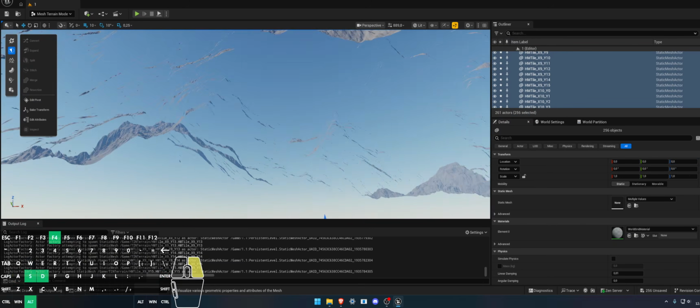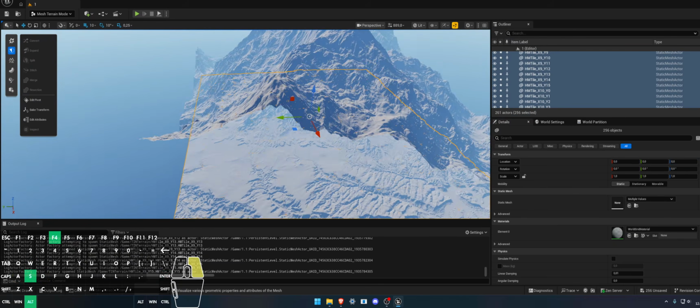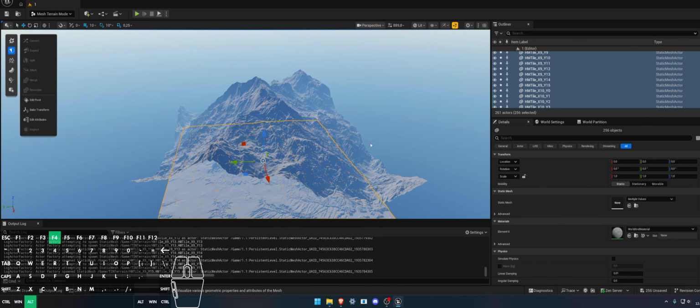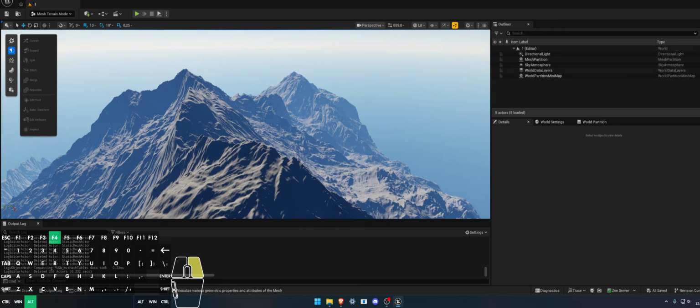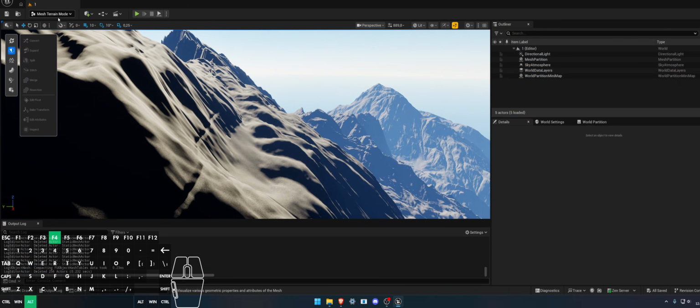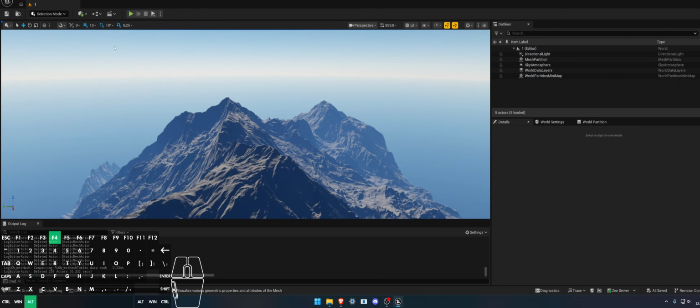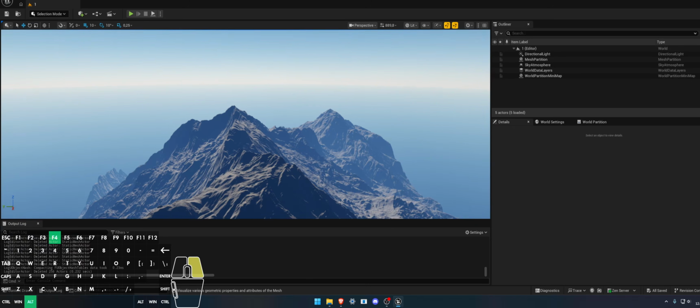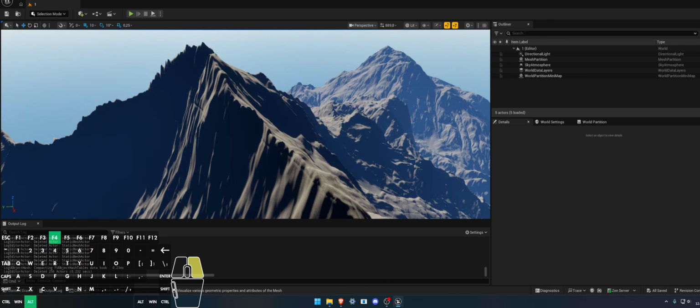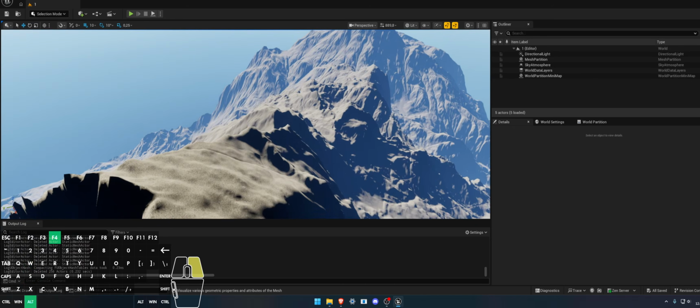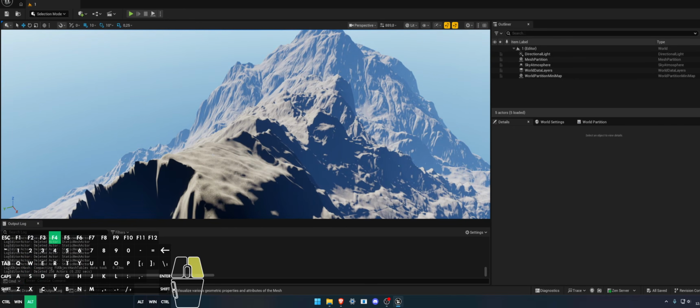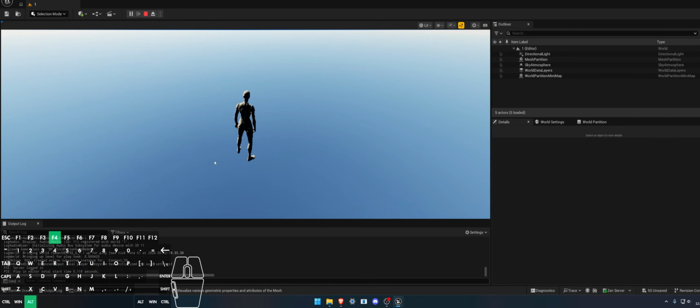Okay, still okay. So for me it's loading much longer, and I don't know how to attach the material to the terrain. There is no info, so as you see, loading time it's a bit longer based on,